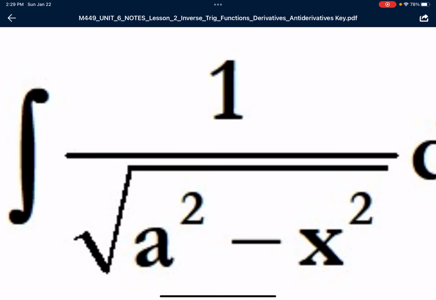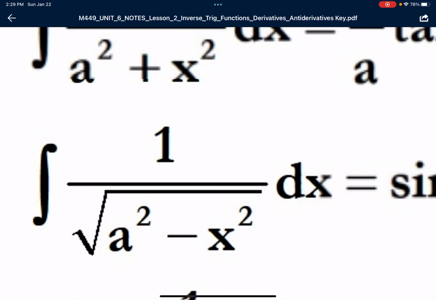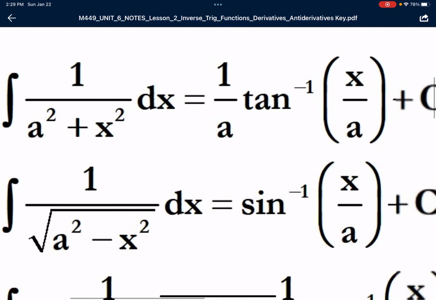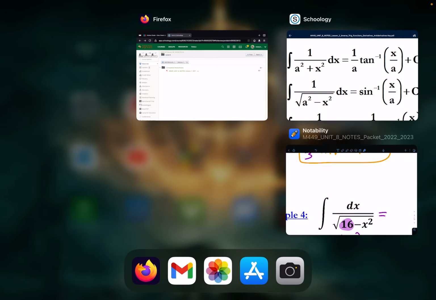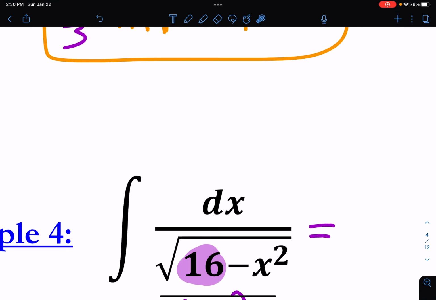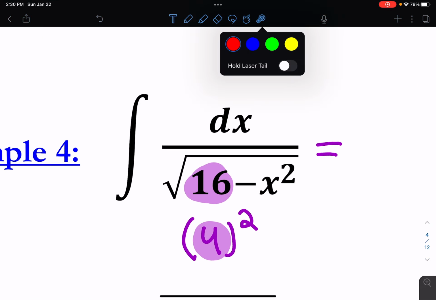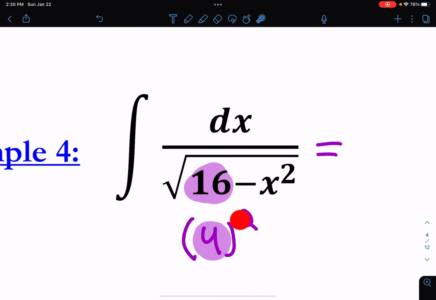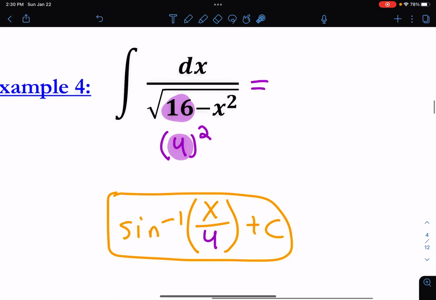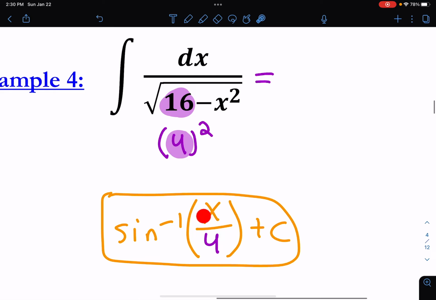So you can think of this as anti-chain rule, but you really don't need to. All you need to identify is what is the a. And so here, if this is 16, that's just 4 squared, and so the 4 is my a value. And so for this, I can just use the formula, sine inverse of x over a, my a is 4,